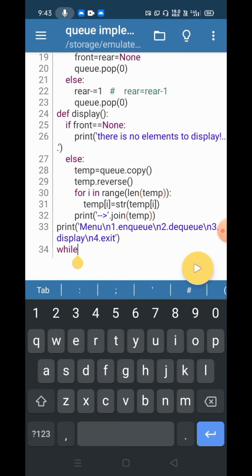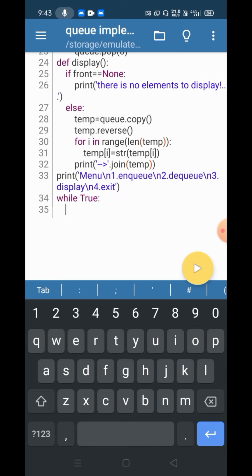So let me start a while loop, which is also an infinite loop. I am making it an infinite loop by giving the condition true, which means it is always true, so it will not end.